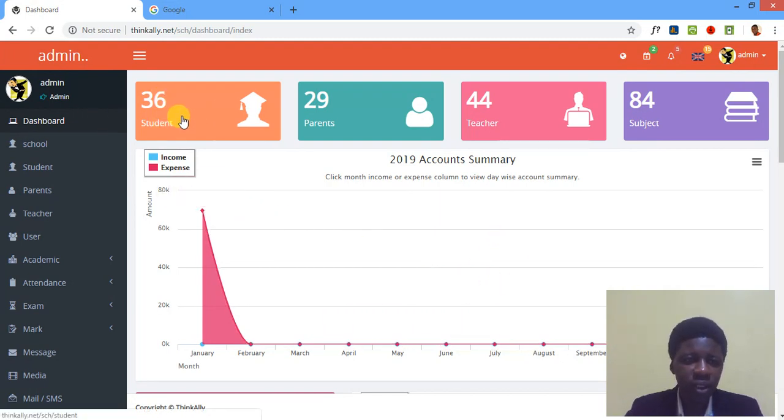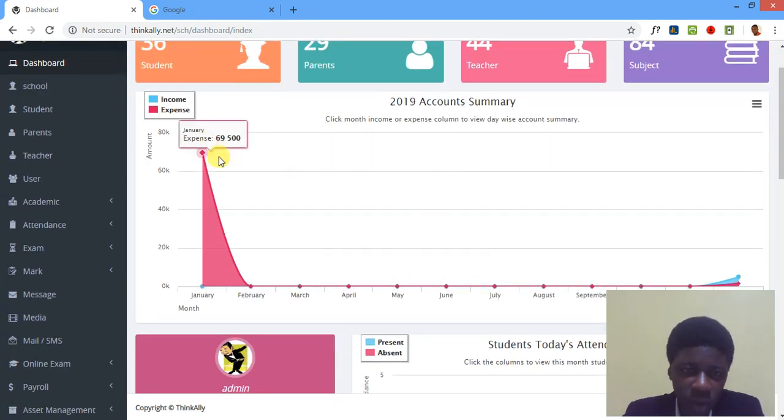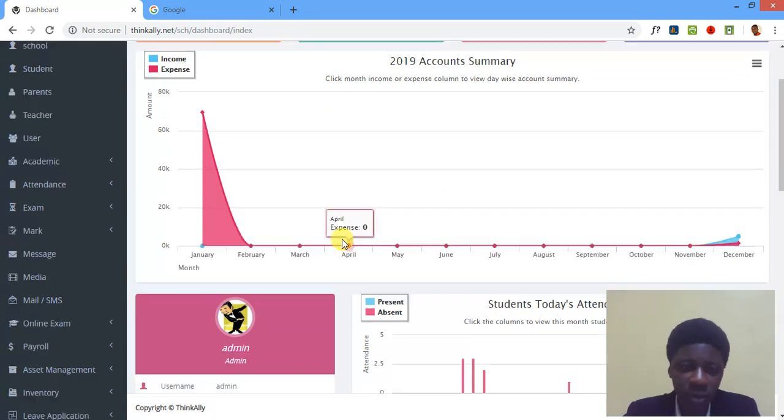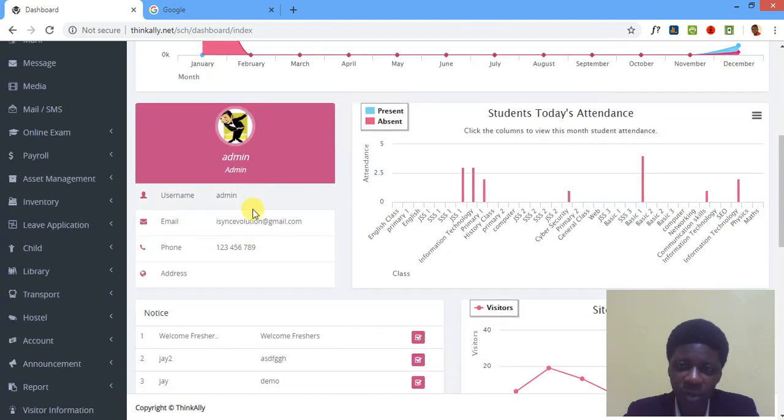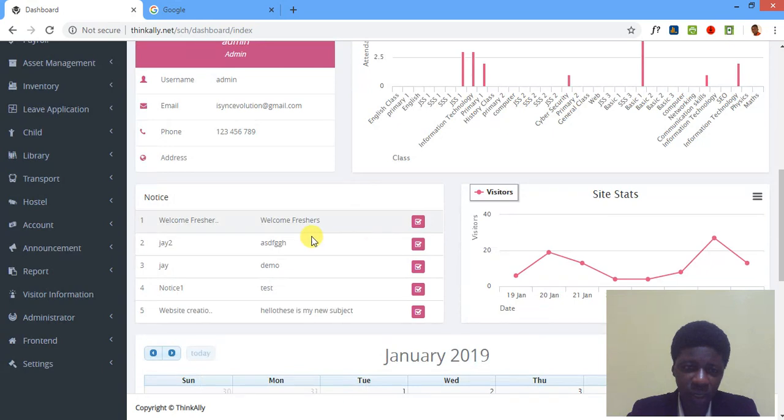You have students currently enrolled in this particular account. You have 36 students, 29 parents, 44 teachers, 84 subjects. You have a summary of accounts. Can you see the beautiful graphs here? They show you the flow of payments within the year, within every month. You look at the profile here of the admin of the school. There's even a graph that shows you the distribution of attendance into classes, and you also have a